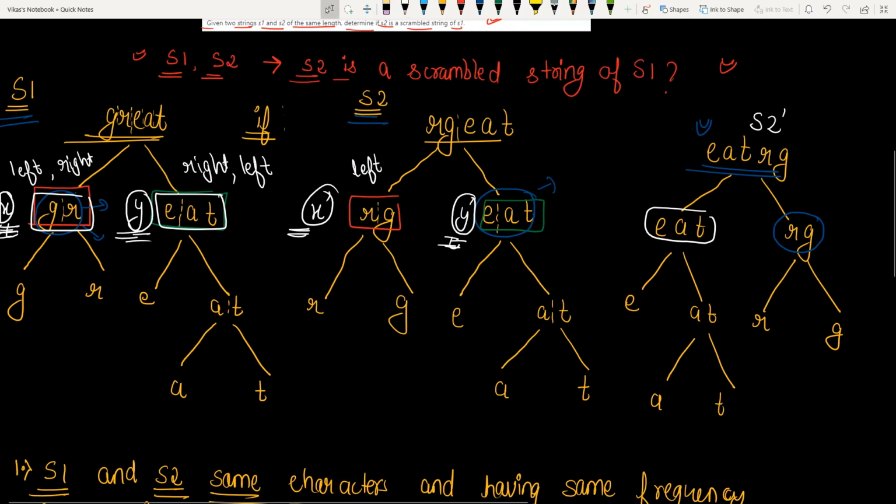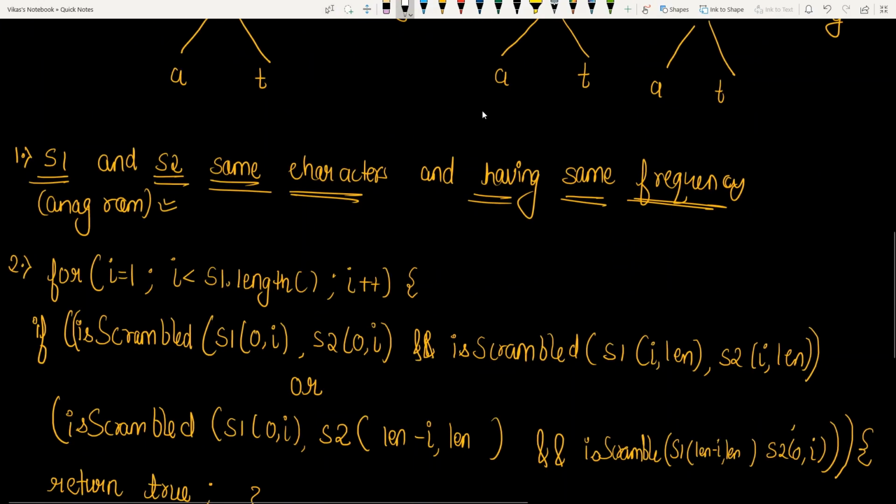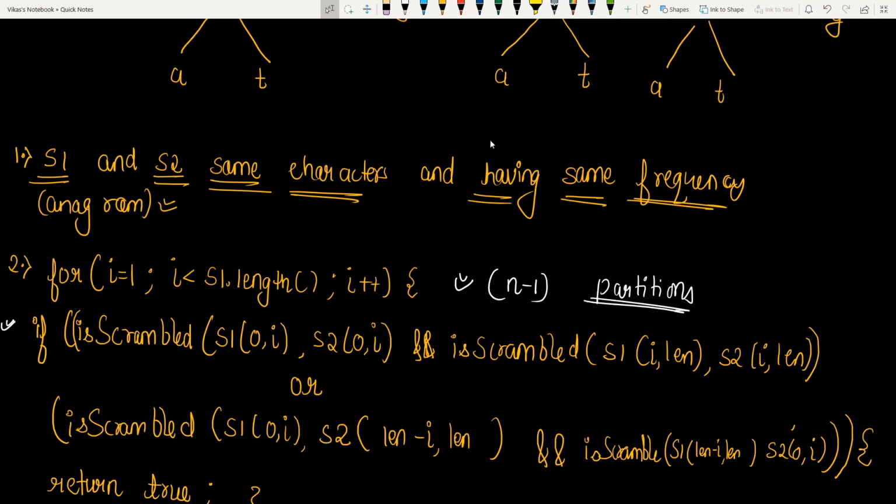So this is our second condition. We have taken a for loop to partition our string. There are a total of n minus 1 partitions. After this, we have taken an if condition. If it is scrambled, we take the string 0 to I from S1 and 0 to I from S2.